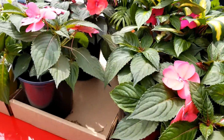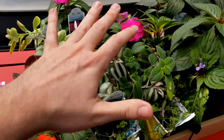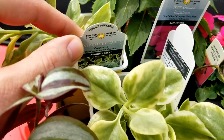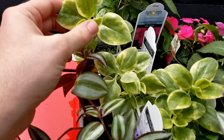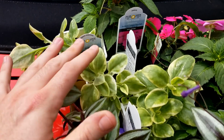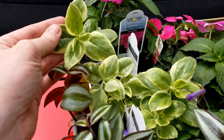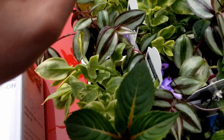Okay, and then over here, it's really just standard annuals. I went ahead and started picking up a bunch of my trailers so I can go on my hanging baskets. Grabbed a few of these succulents, Dorotheanthus bellidiformis. I really love these guys. They look so cool when they get going, and when the heat kicks in, they take off like crazy. And the flowers are very small and insignificant, but I just like the texture and the glossiness of the leaves on these. And then just the standard Wandering Jew over here, which is